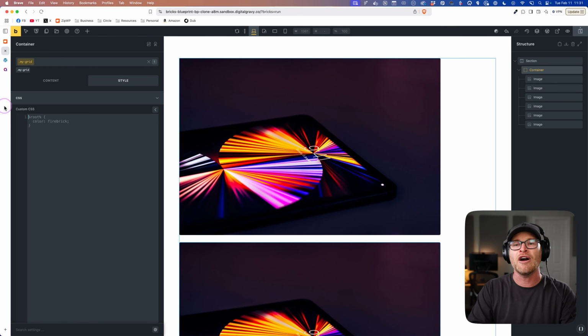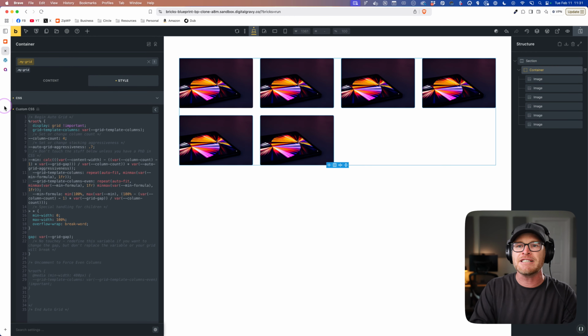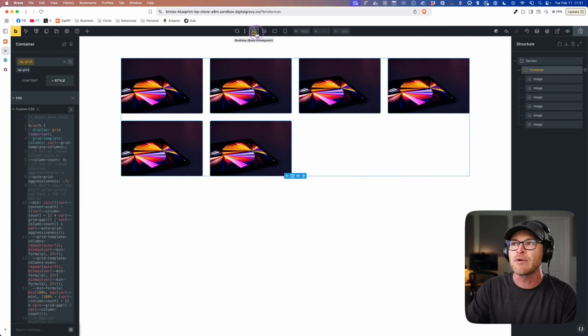Auto grids are very complicated, okay? There's a lot going on. Auto grid is not a real thing in CSS. You have to engineer it, right? But I can just expand, look at that, that's quite complicated. But I can just get it in like 5 seconds. And then if I want to change the number of columns, I can just start doing that, right? But it'll keep all of the auto grid controls. And now this is an automatically responsive grid where I don't even have to worry about breakpoints.